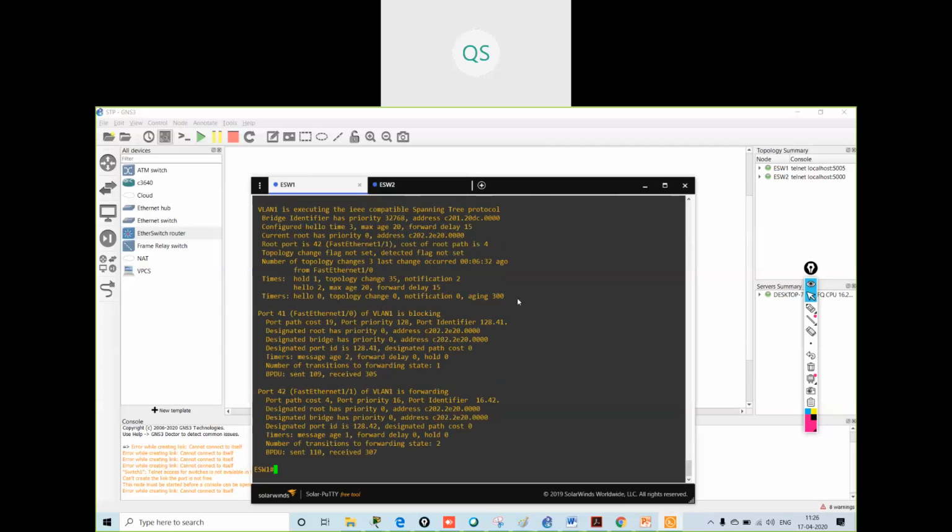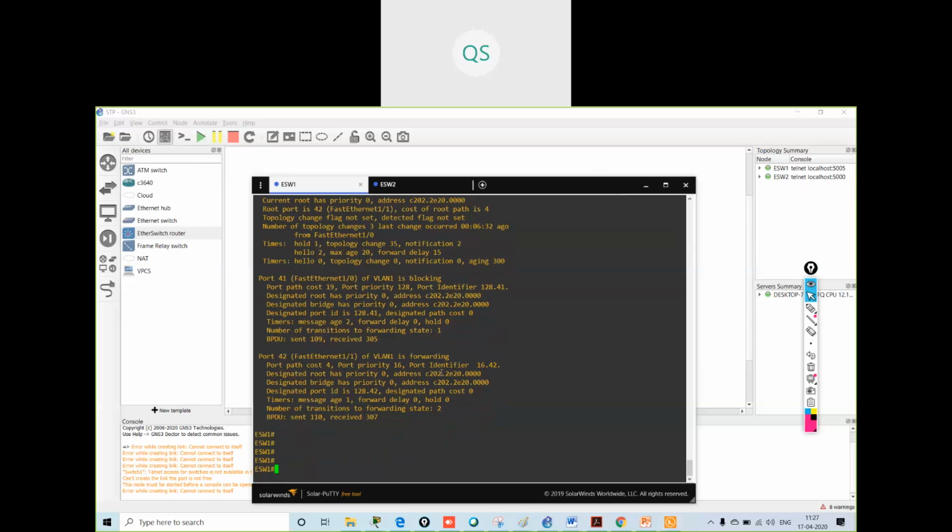Question: what's the impact of not changing it on the other switch? It will impact that they will not converge. Sometimes in a production network they will not converge with each other. They will give some issues if you don't give the same timer or the same commands at both the sides. Understood?